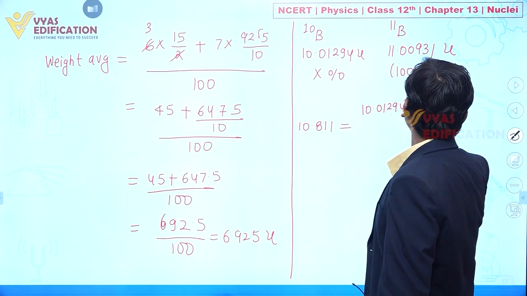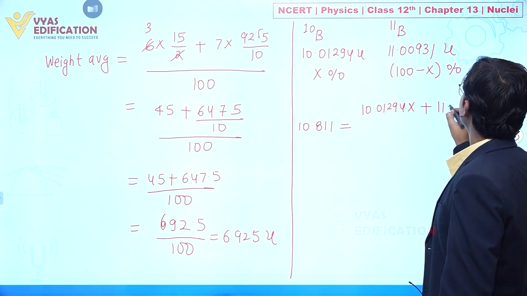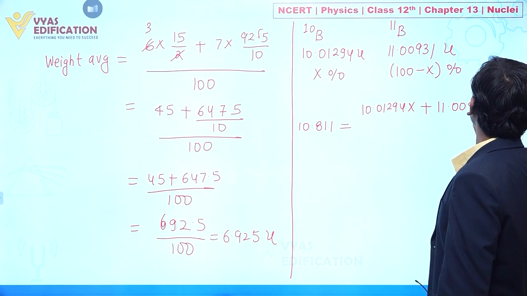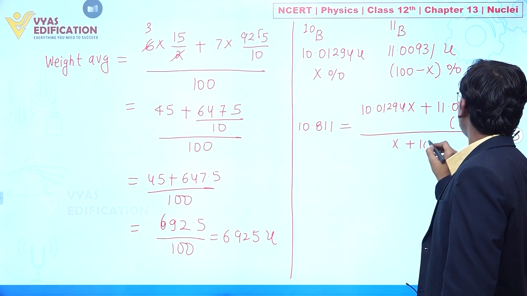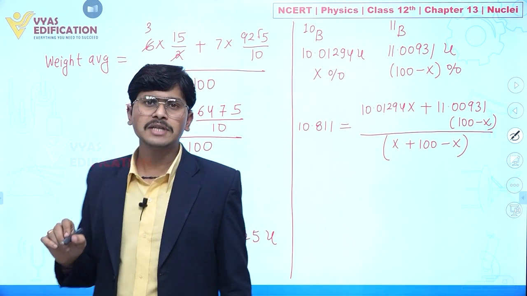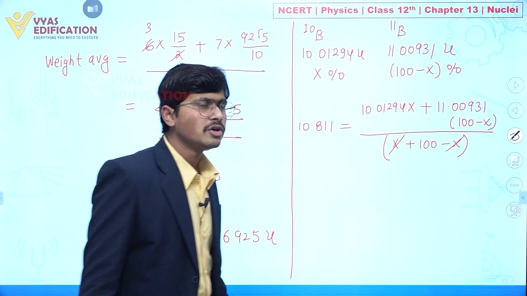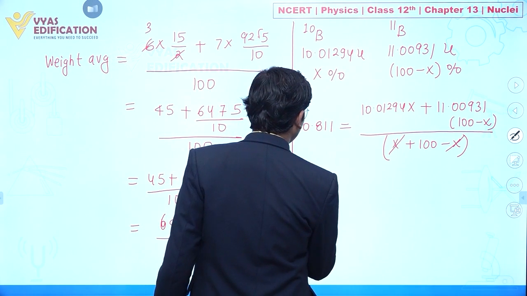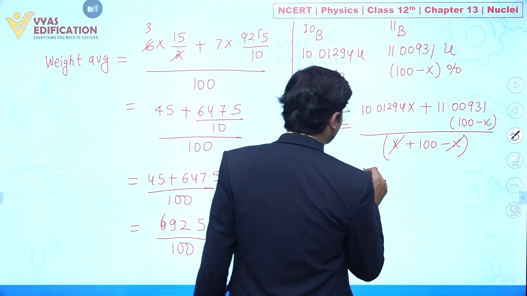10.01294 multiplied with x plus, now we can write it like this, 11.00931 multiplied by 100 minus x, and divided by x plus 100 minus x. Clear everyone? So now from that one we can write it like this, x and x cancel out. If you multiply it with 100, you can write like this, 1081.1, this should be equal to